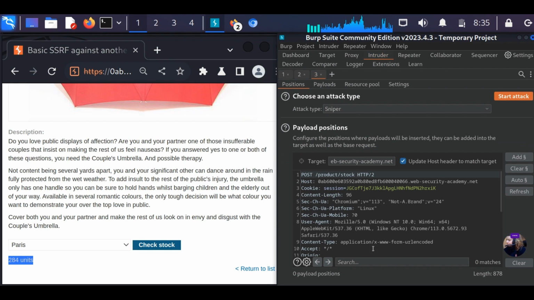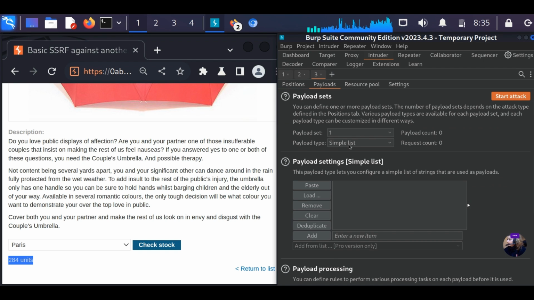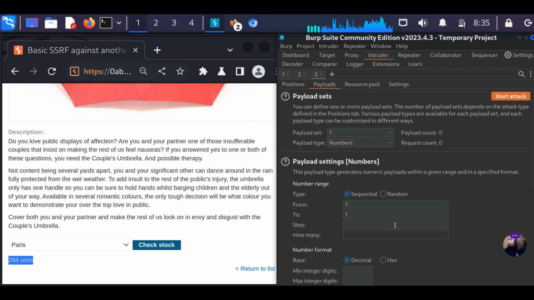Let's go here, and now we clear it. Okay, and now I will just add number 1 here and go to payloads, and the payload type will be number. What we'll be doing is sending requests starting from number 1, as this was the IP address, and the internal IP range goes up to 255, which will be the last IP address that we want to